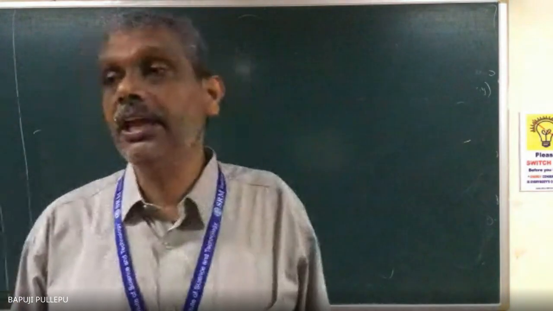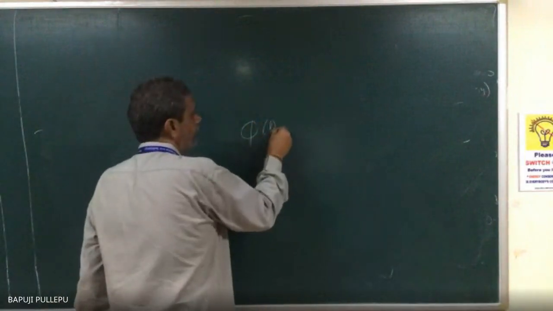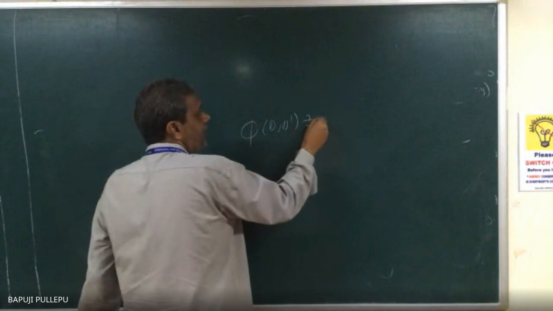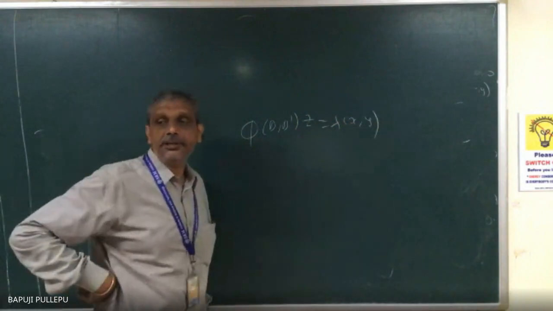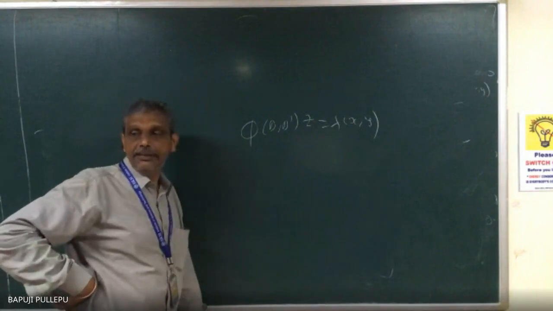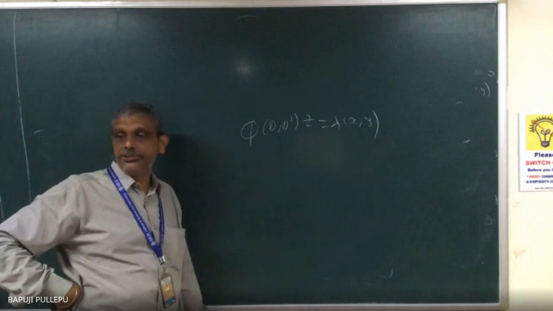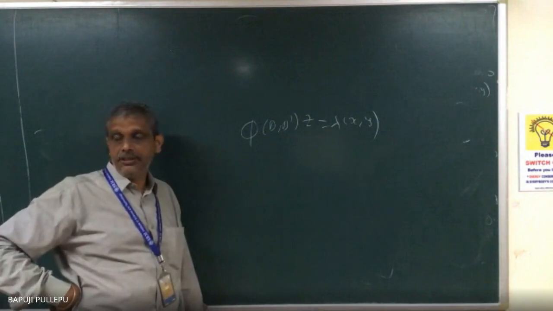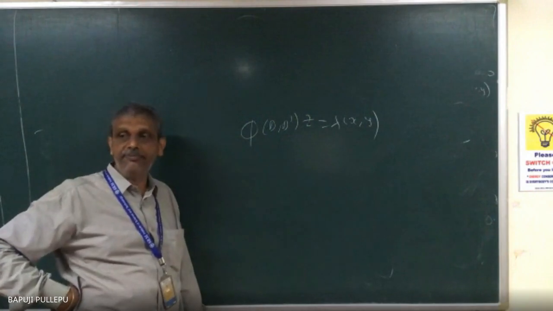So they will appear. How will they appear? φ(D, D′)z = f(x, y). Okay, the solution is what? z = CF + PI. To find CF, you put D = m, D′ = 1, and you get the auxiliary equation. Once you get the different values, m = m1, m2, m3, m4, m5, then what?